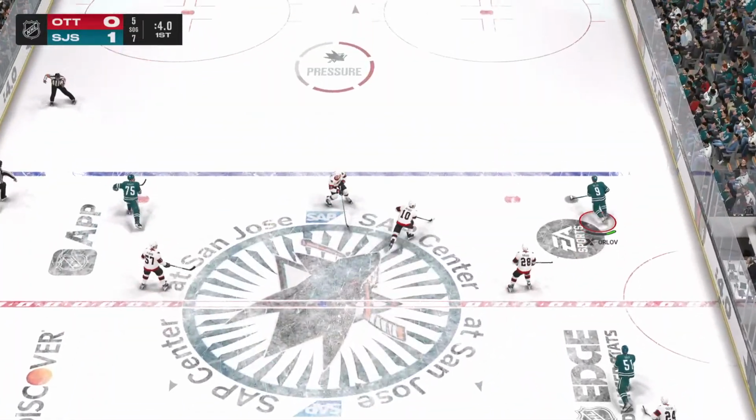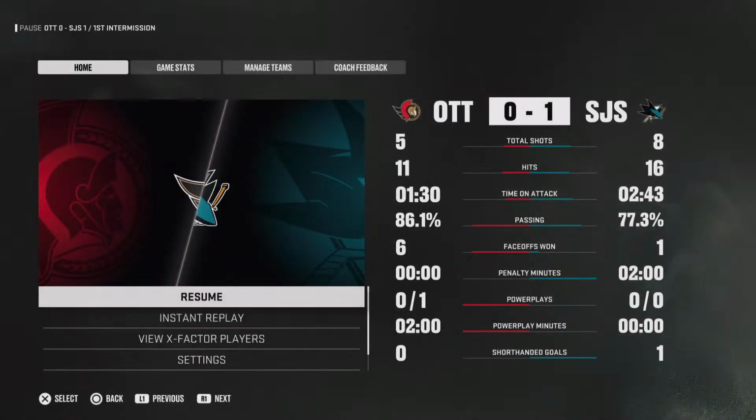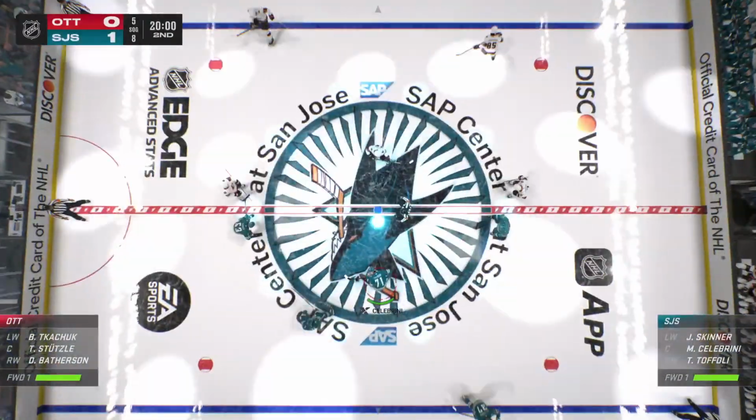Pass to Orlov. Takes a shot. Oh, what a stop there with time winding down. Well, fun start to this one as period number 1 comes to an end. We've still got lots more still in store. Kids are coming out on the ice here to play the little mini prospects game, and we'll be back in